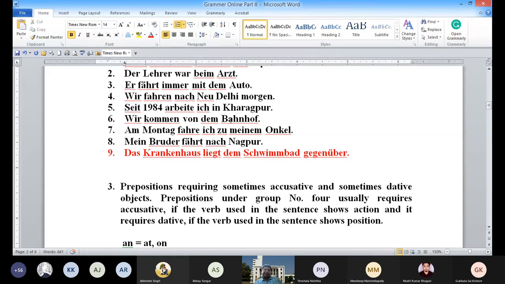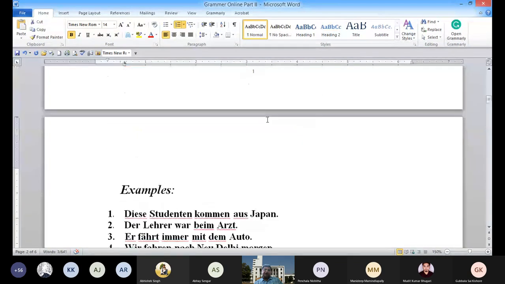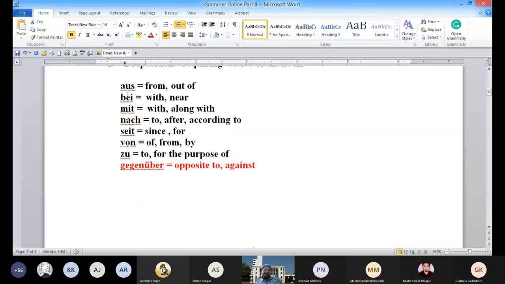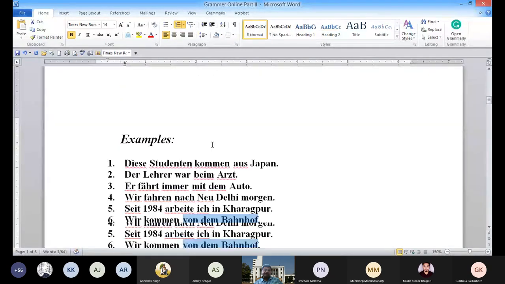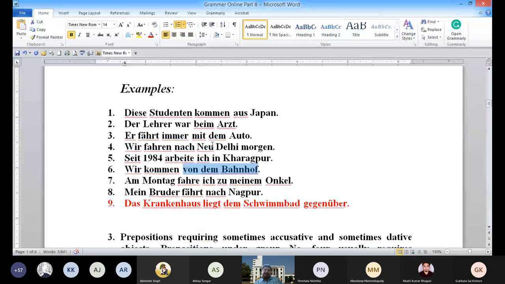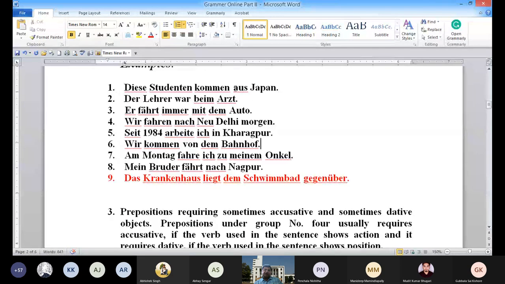Wir kommen von dem Bahnhof. We are coming from the station. Now you see one of the meaning is common. Aus means from and von means also from. So this is the common meaning. So what is the difference? After aus, always the name of some town, city, etc. will be there. But after von, we use other nouns, not proper nouns, but some other noun, like